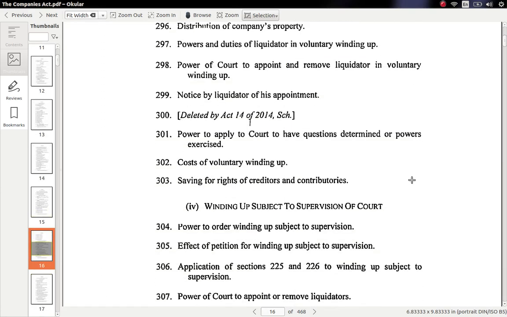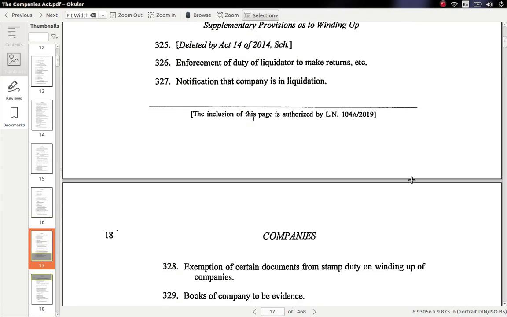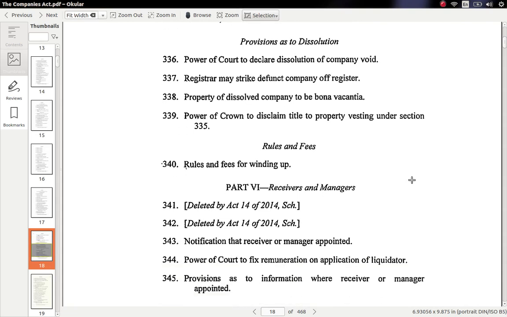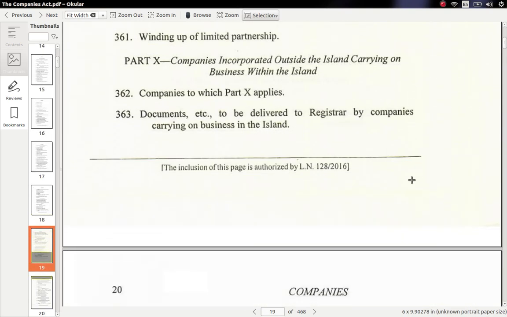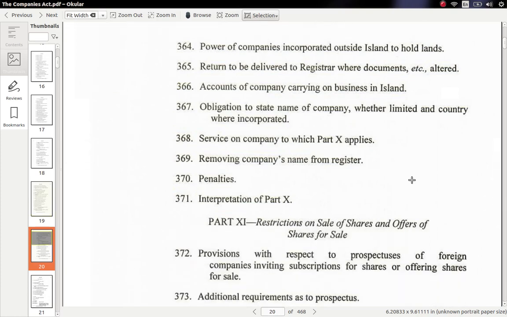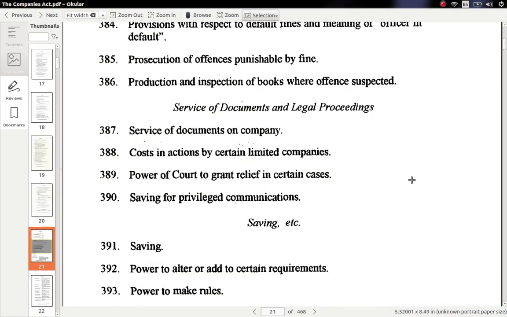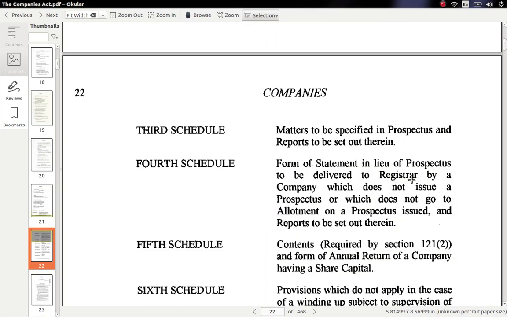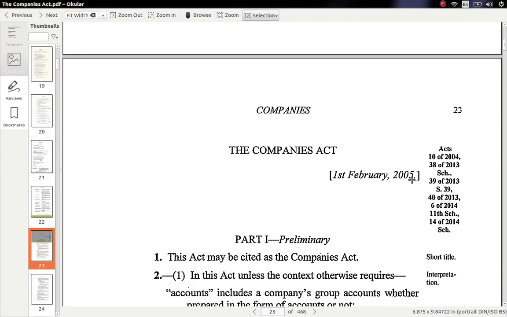So we have the different sections that we're going to be reading through. These are numbered, and then you have the name of the sections. Okay,